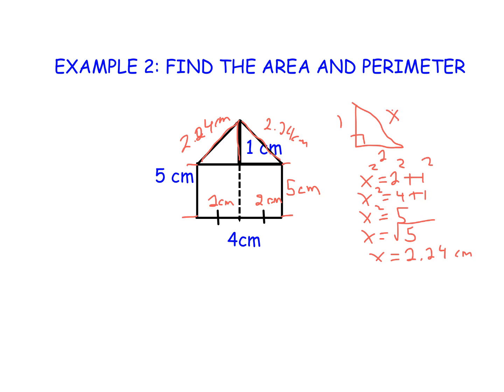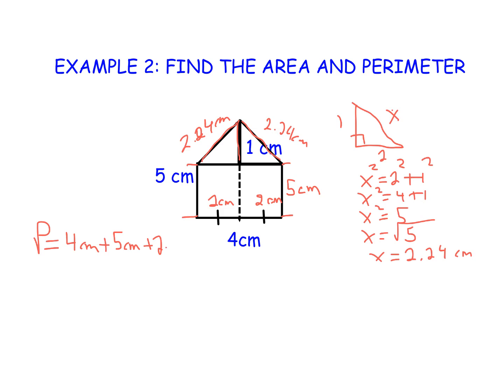And so all of this setting up, I think, is really important because it's going to help us just dive in and find the perimeter and the area. Let's start with the perimeter. All we have to do is walk around the outside of this shape and add up the sides as we go. So if I start on the bottom, I have 4 centimeters, then I have 5 centimeters,